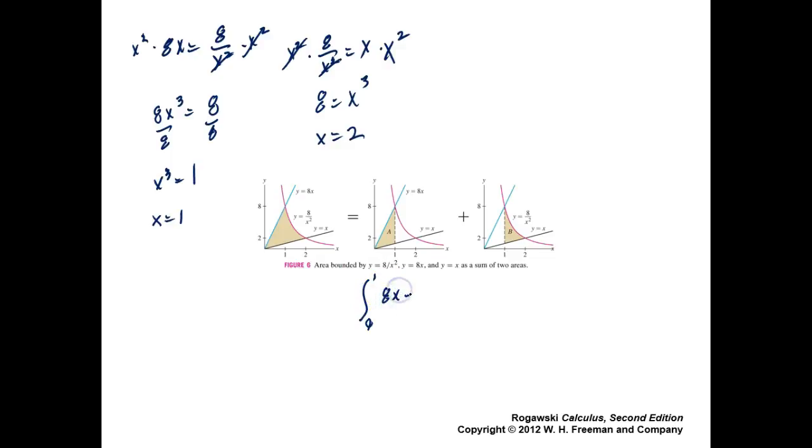Of 8x minus x. No, okay, wait. This first one right here, you're going from this line to this line. All right. Here, we do this: the integral of 8x minus x dx